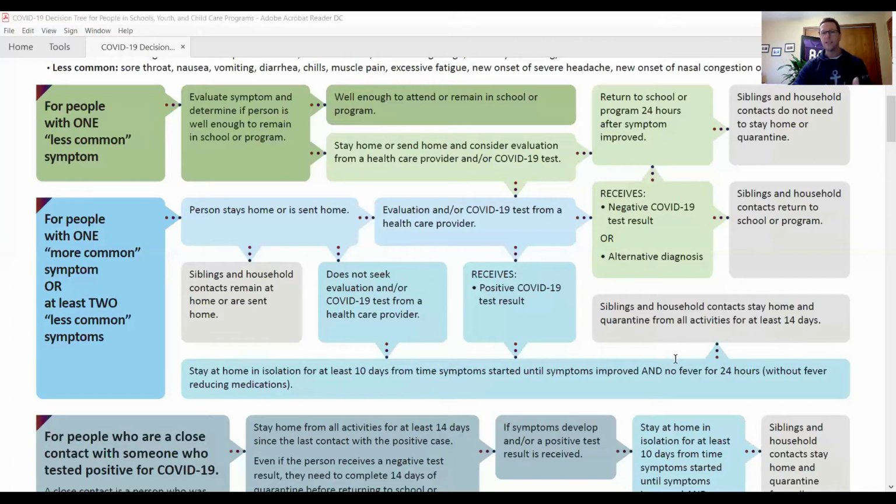Why 10 days and 14 days? Because Johnny has already gone through the incubation period, which right now is determined to be up to 14 days. So if symptoms haven't occurred within 14 days, they believe that they're not going to, and the kids are free to go. So again, you receive a positive COVID test,